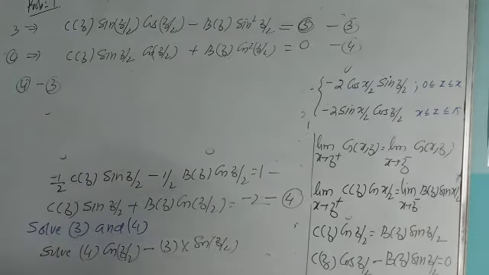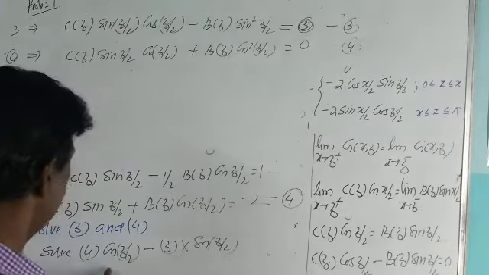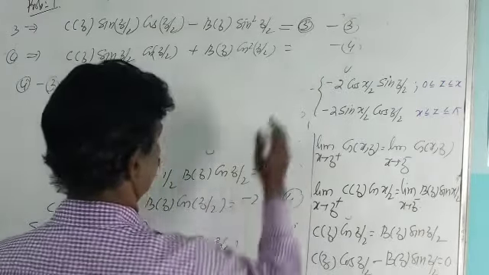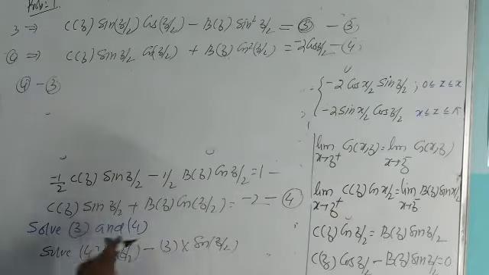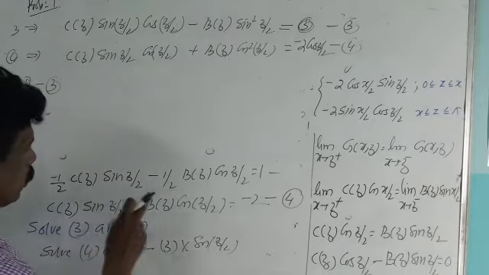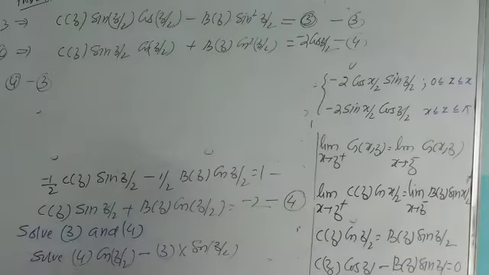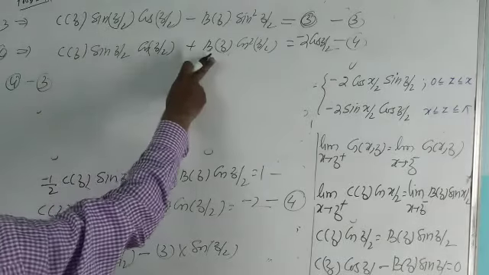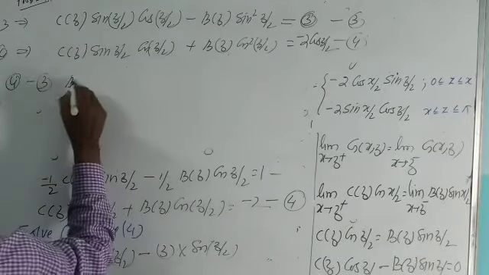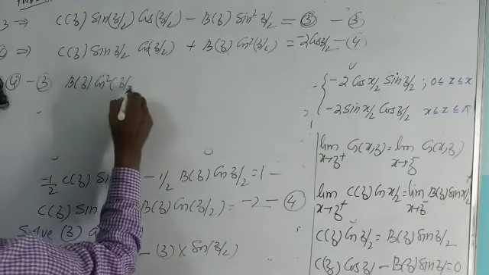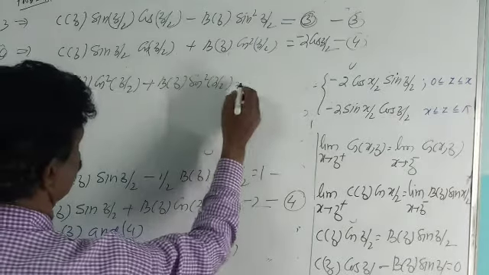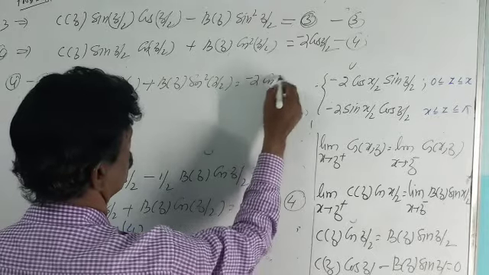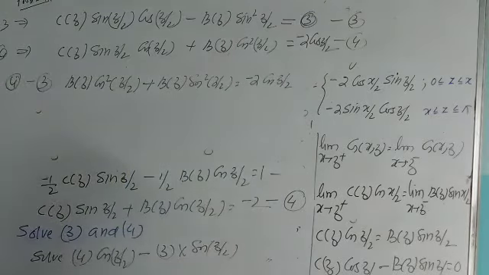Subtract this term. Equation number 4 right side: minus 2. Equation number 4 means minus 2 cos z by 2. Equation 4 equal to minus 2, multiplying this with cos z by 2 gives minus 2 cos z by 2. Then subtract equation number 3 from equation number 4, and the c term becomes 0. b cos square z by 2 plus b sin square z by 2 equal to minus 2 cos z by 2. Okay. Ready?